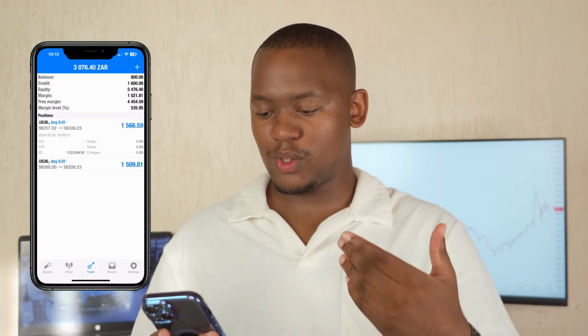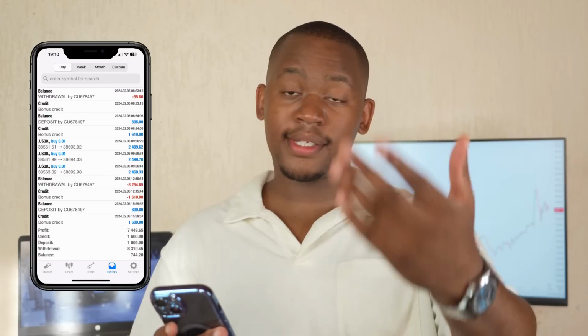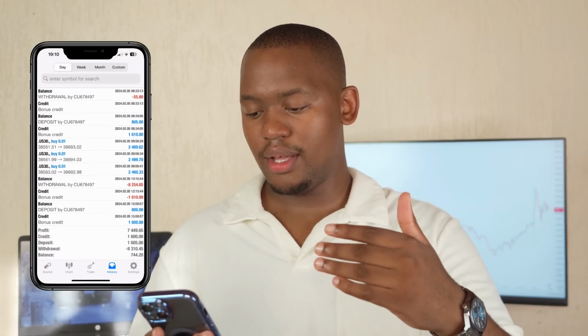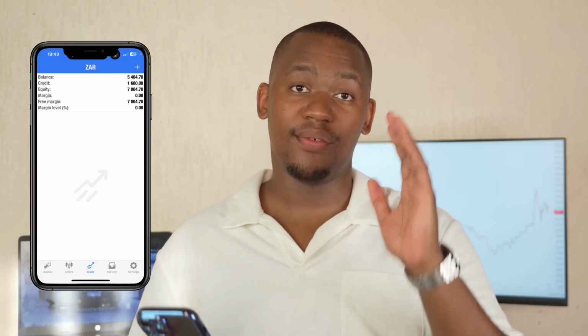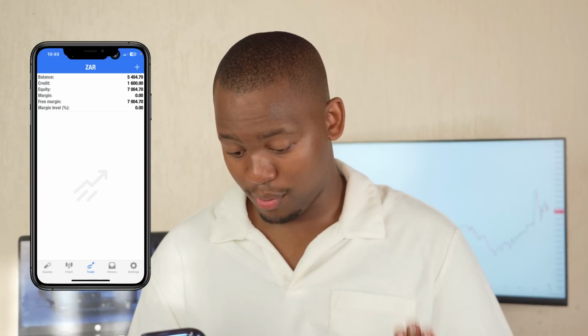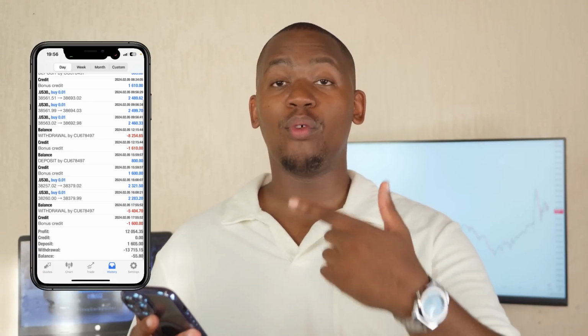And as the trade was going, you guys can see the history from the previous trade, and we literally waited until we closed at 5,400 Rand on this particular trade. So yeah traders, that's just a screen recording, and then I have screenshots of the overall profit for the day,